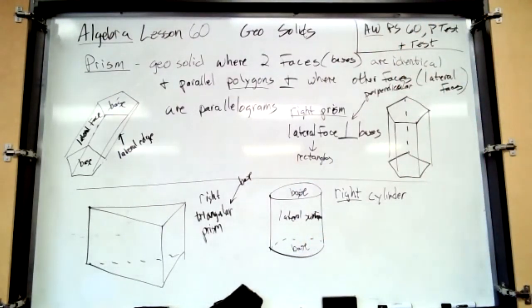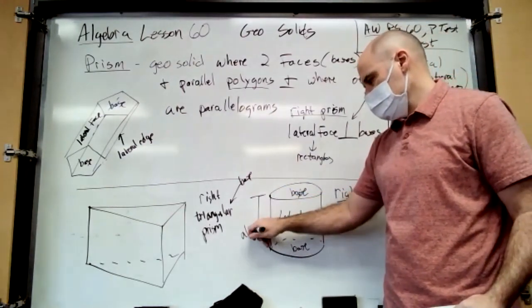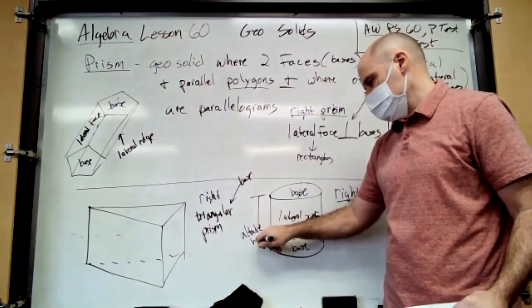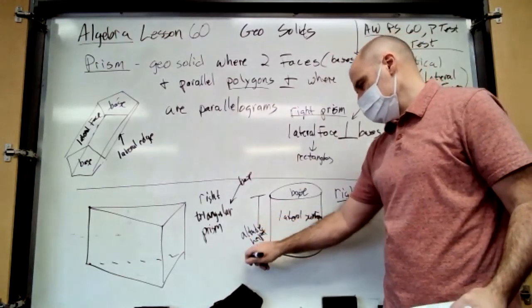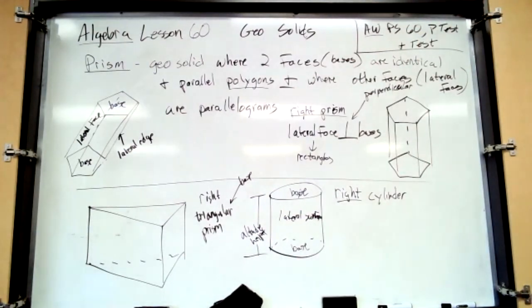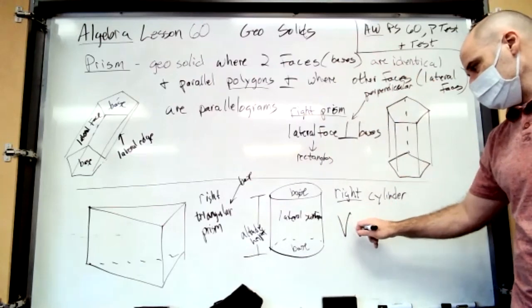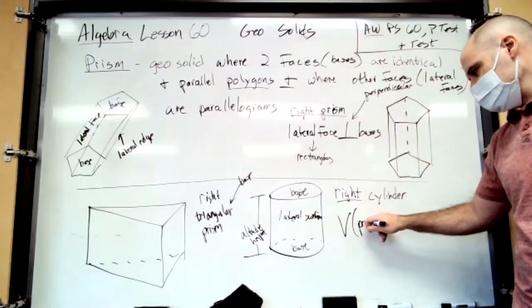Okay. And then we have the altitude or height here. And that's the same for prisms as well. You have the altitude or height. And they'll usually give you that if you're trying to find the volume or surface area or things like that. Now to find the volume of all of this, volume of a prism or a cylinder,